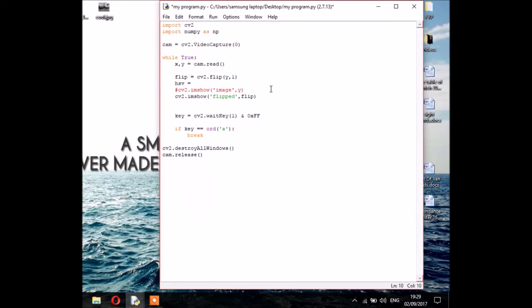In order to convert it into HSV plane, we will write cv2 dot cvtColor, meaning convert color, and then what you want to convert, either y or flip. I want to convert flip, and then cv2 dot color, it will be in capital